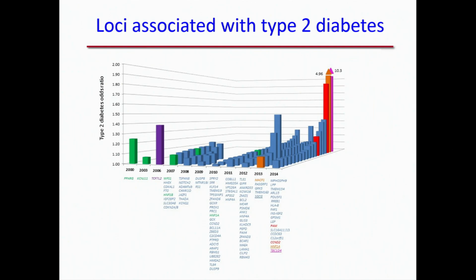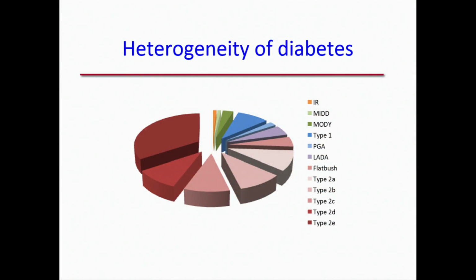So what potential uses of this information can there be? The very first one, and I think the slides are out of order, so let's go to the previous slide, you see that diabetes is a very heterogeneous disease. It is defined by the common final pathway of hyperglycemia. You can get to a high glucose in many different ways. Of course, we know that type 1 and type 2 are fundamentally different.